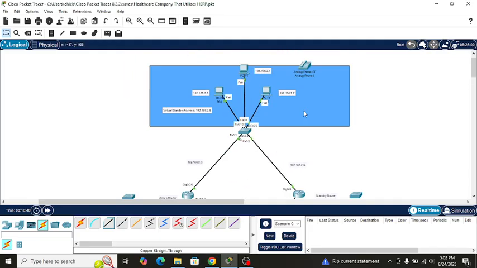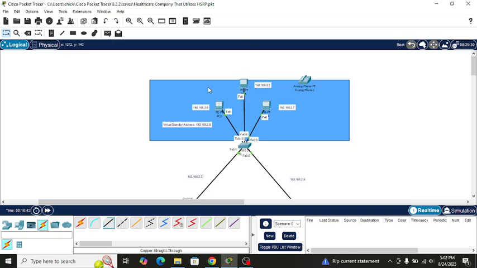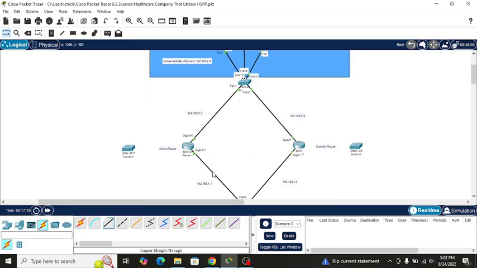Earlier this afternoon, I was doing this. Well, not doing a tutorial, but I was configuring this network here. Well, I designed this network here, and the point of this network is